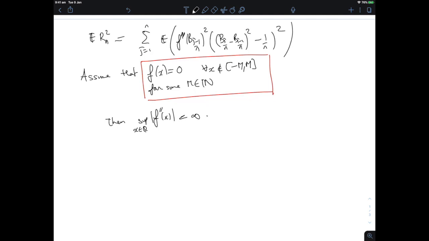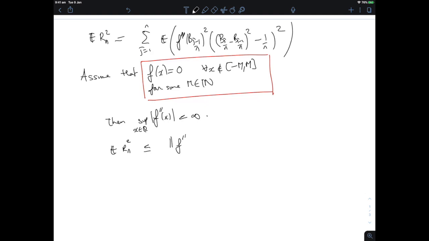Because the function f'' is 0 outside of the compact set [-m, m], and continuous functions on a compact set have to be bounded. So what we get then is that the expectation of Rn squared is smaller than this